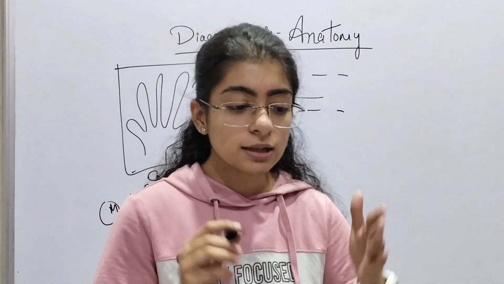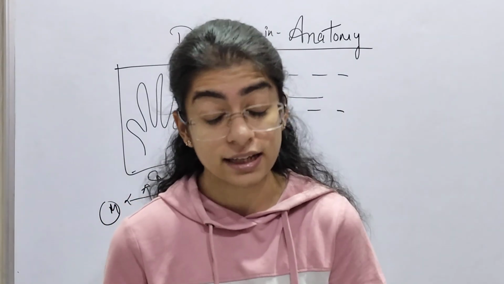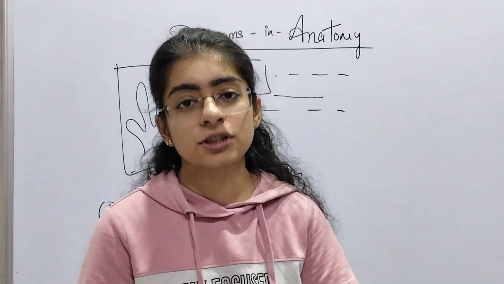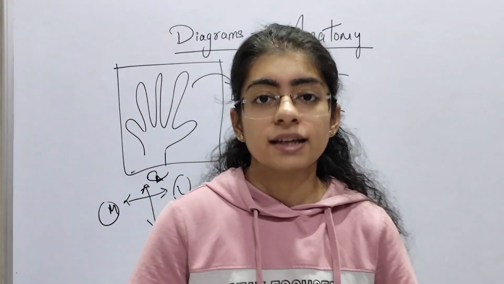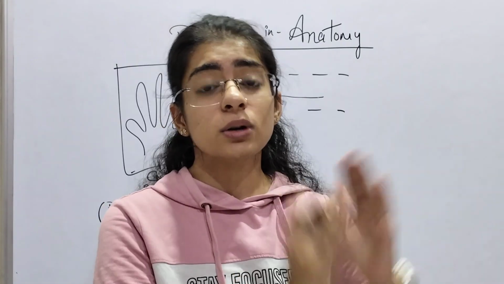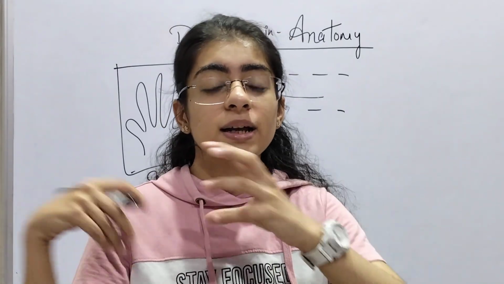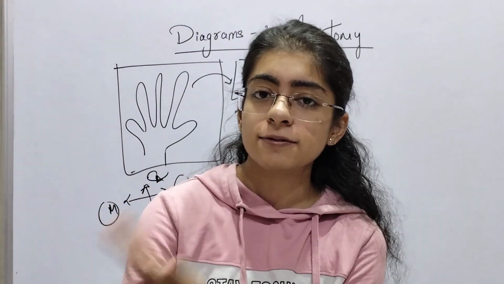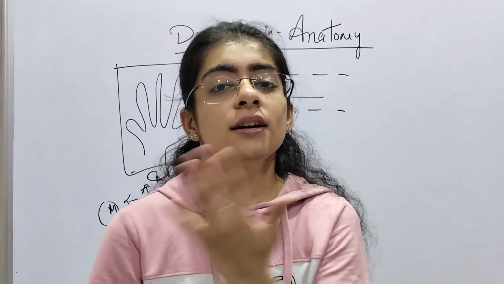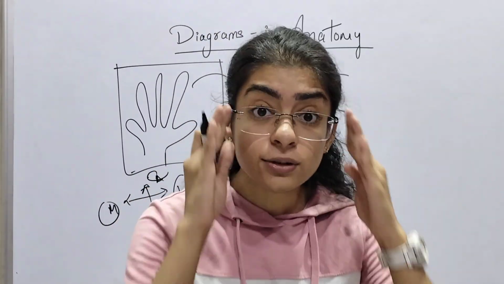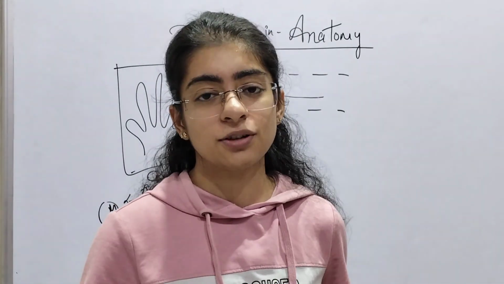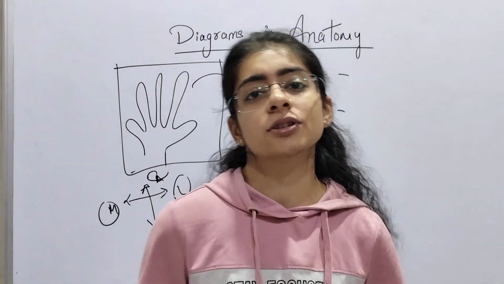Next comes, if you have attended your dissection halls, and if not, then do attend the revision classes which are held in the month of June, I think. Visualize the specimens: which arteries are where, what are the relations, why it is here and why it is going like this, what the pattern of the artery is, like the subclavian artery, after what structure it becomes the axillary. These things you need to understand and see in the specimens. If it is not shown, then refer to YouTube videos. The material is plenty, you need to search yourself.